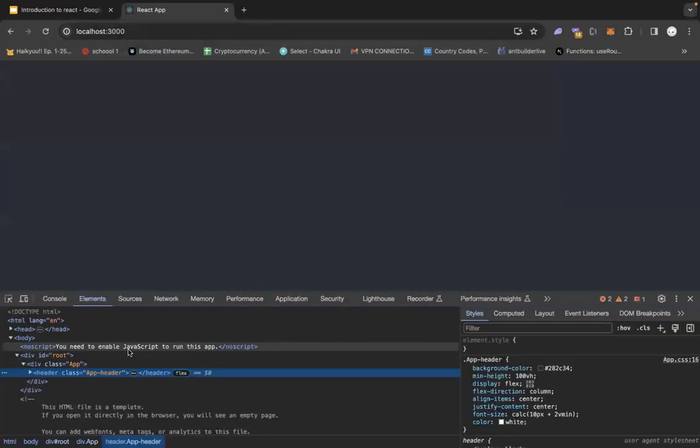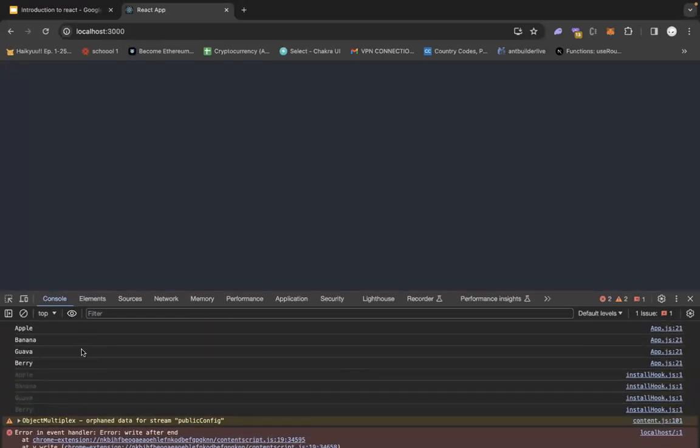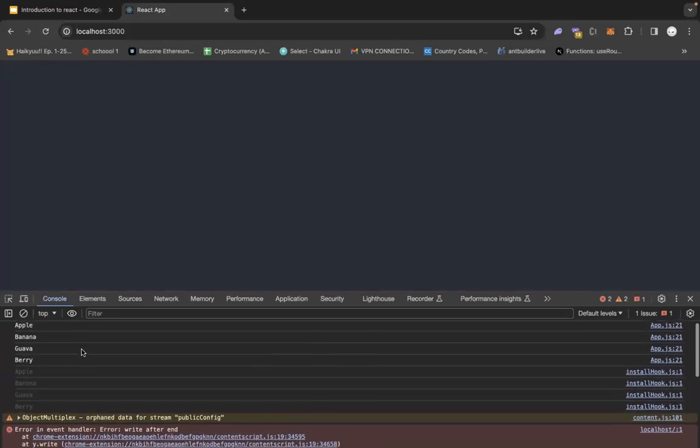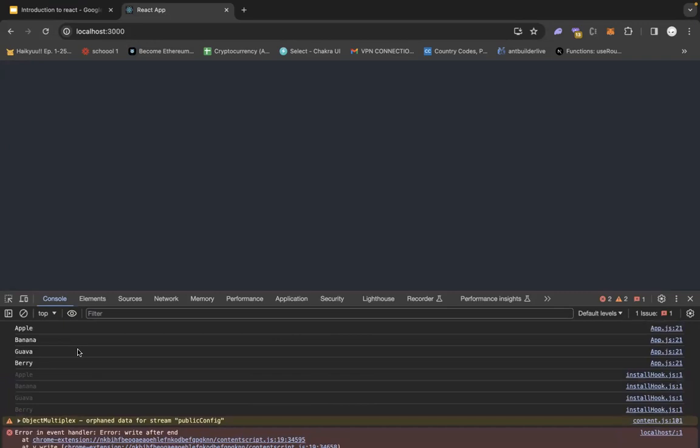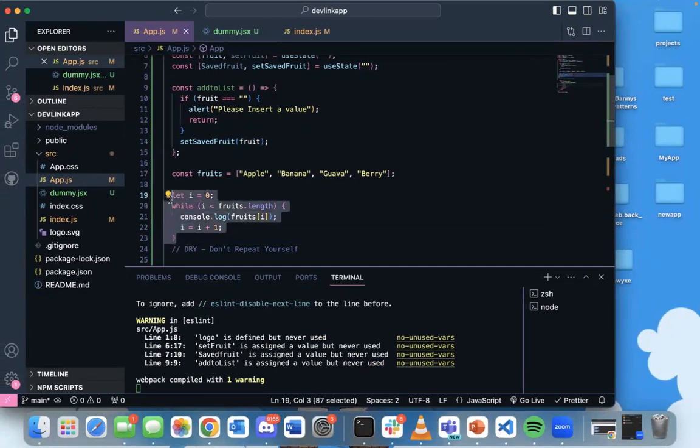Come to my console. This is what I have in my console: apple, banana, guava, berry. So you understand the concept of loops now, right? Instead of writing this for an array,